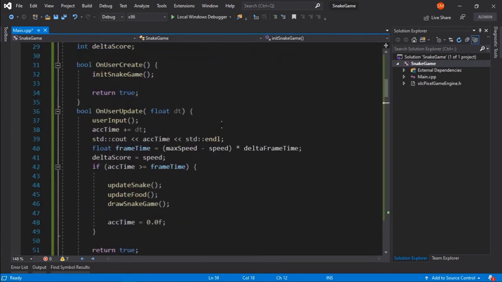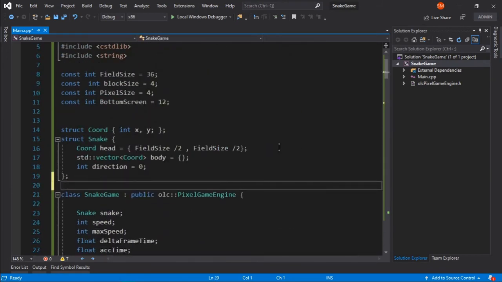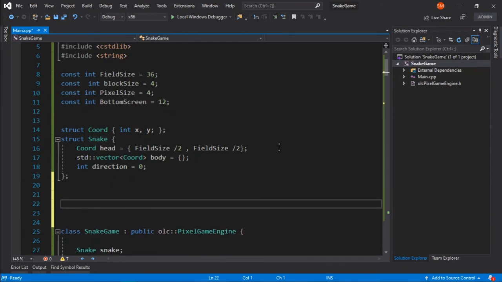Now coming to the home screen, what I can do is have different states of the game. So for that, let's create an enum class called game states, and it will have 2 game states right now. One is classic, I can make everything capital, classic mode, and one is called, what can I say, menu mode.